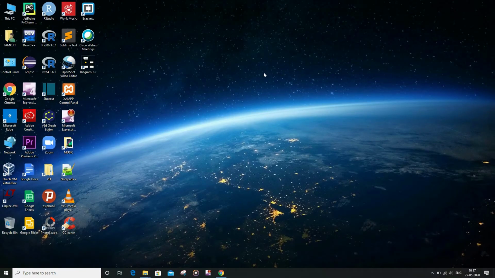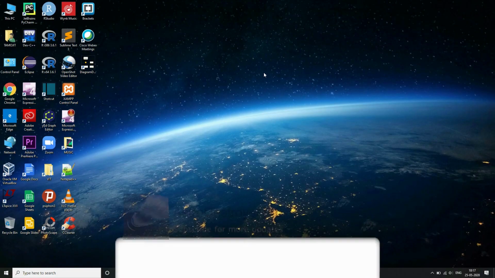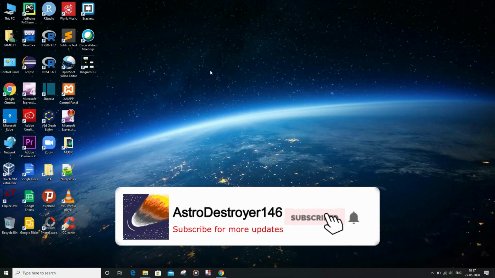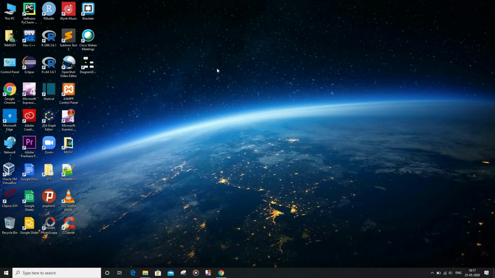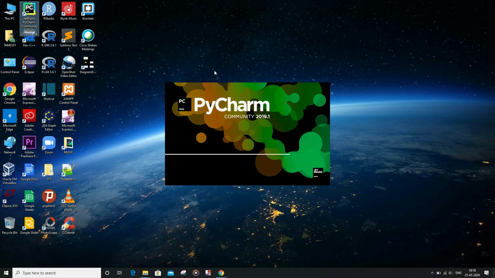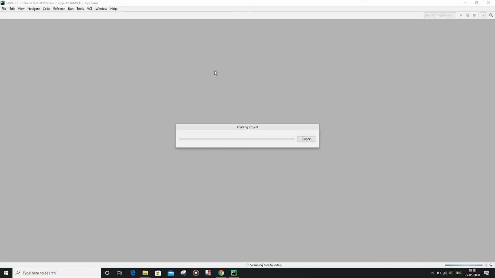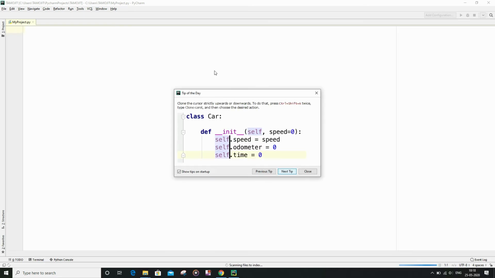For writing the Python code for AtBash cipher, let me first of all open my PyCharm IDE, which is basically an integrated development environment for writing Python code and for creating Python projects. So let me first of all open it. So basically we are going to write the encrypt and decrypt function after writing the main syntax for the Python code for AtBash cipher, and finally we are going to run the entire code.